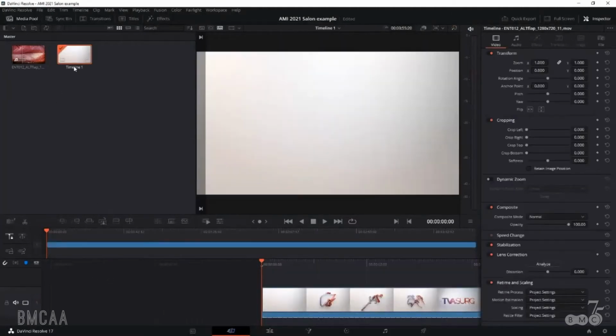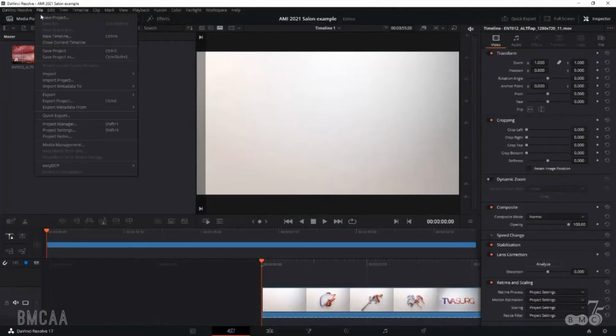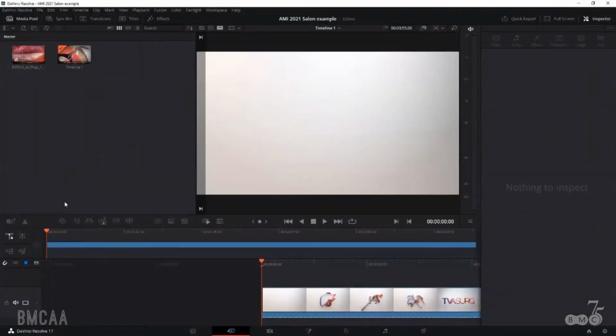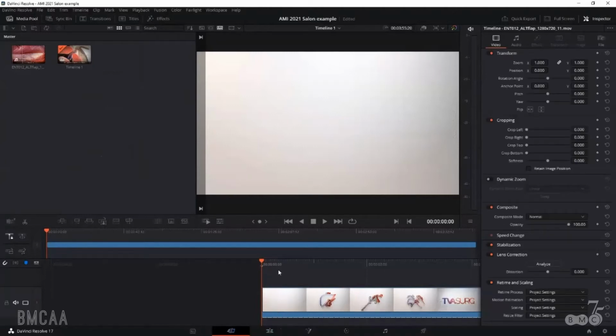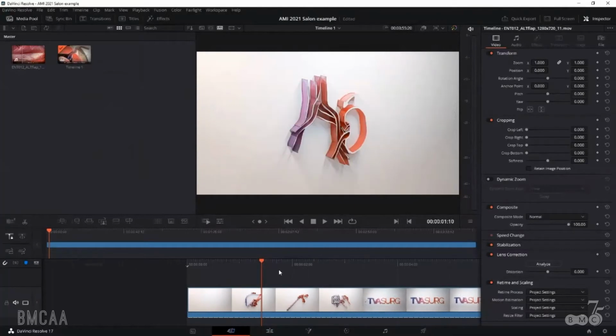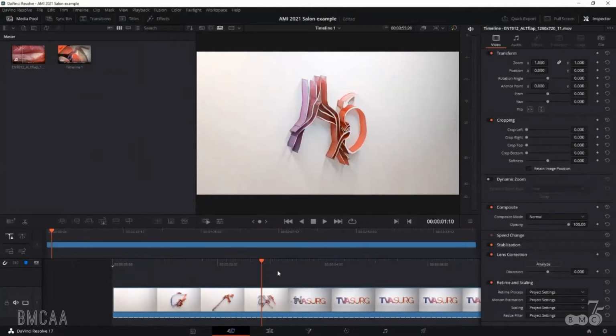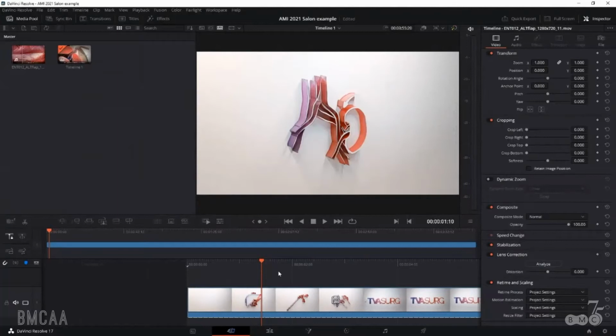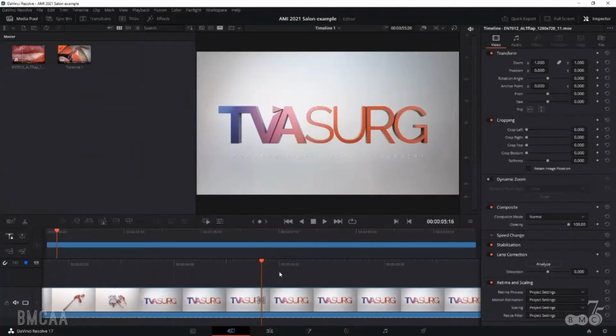and you see that automatically created a new timeline. So a timeline in DaVinci is the same thing as like a comp in After Effects or a sequence in Premiere. I can also go up to File and create a new timeline that way, or just hit Control N. But now that it's been created, I can navigate through here by holding Control and using the mouse. That's Control on the PC, it would be Command on the Mac,